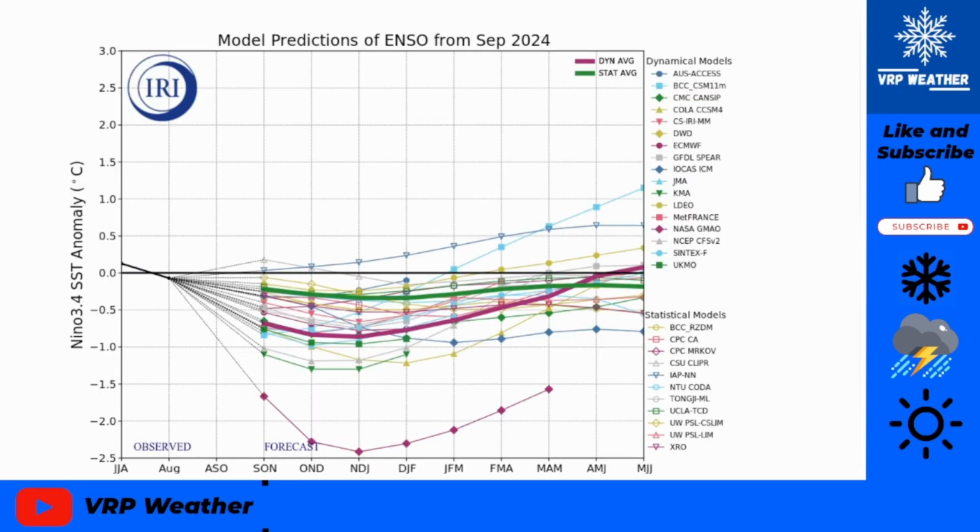Talking about model predictions, this is kind of what we're expecting. Let's use September, October, November. People aren't really talking about this, but model predictions had it between 0.5 and 1 below for the dynamical, and between 0 and 0.5 below for the statistical. That's interesting, because we are right now at 1 below, and that's already telling me that we're ahead of schedule. We were actually lagging behind, and now we're ahead of schedule.